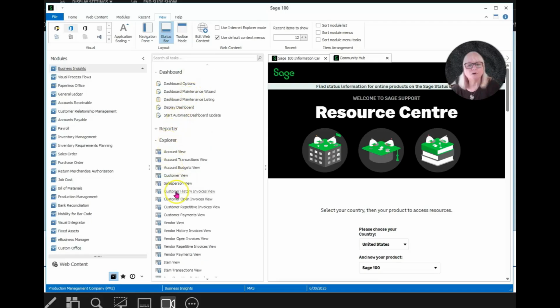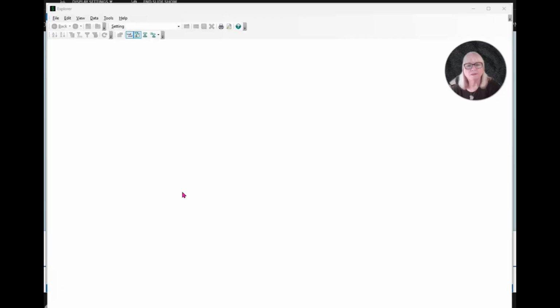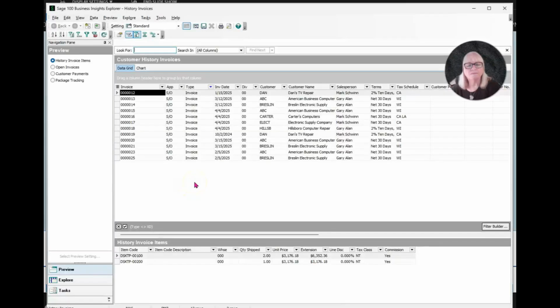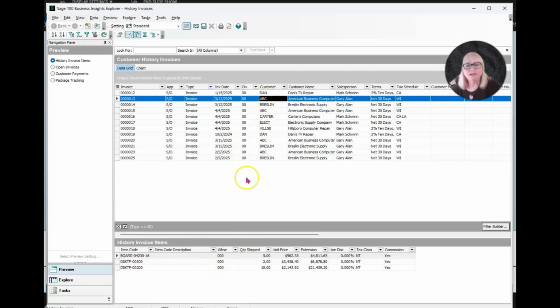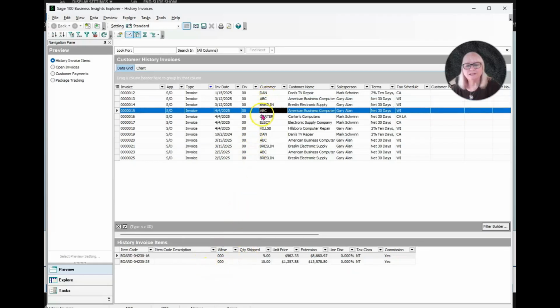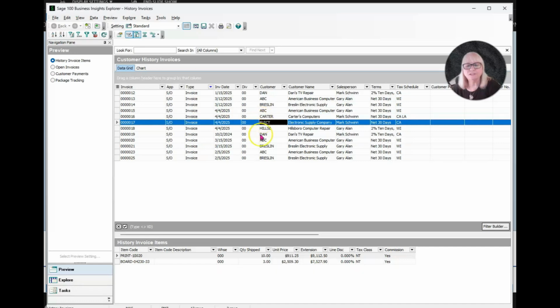So you open up the Explorer and you'll go to the Customer History Invoices view. And from this view you can again look at the headers of the invoice. So this is all the main information on each invoice. And then down below here, as we walk through and click on each different header, you can see that the data down below is changing.